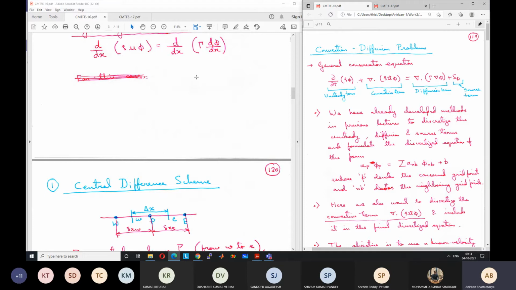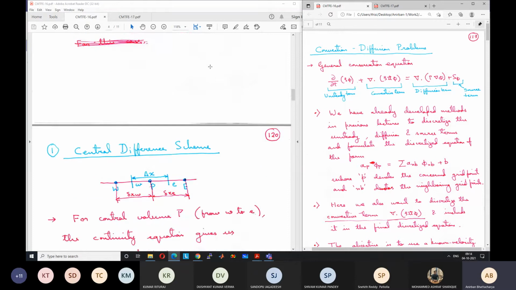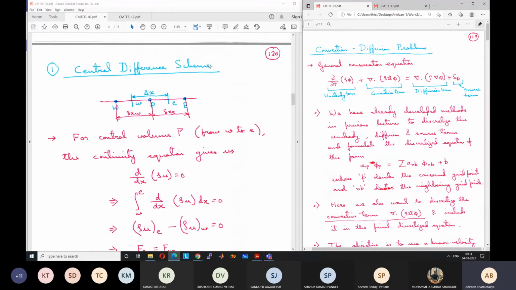So we will start with the most common sense type of discretization. Without knowing the name also, we can just try to discretize. If no knowledge is there, meaning we do not know how to discretize, we can just use common sense to discretize and derive a scheme. That scheme is known as the central difference scheme, which is the most basic type of scheme. Although it is basic, it can be very useful. Basic does not mean that it is not useful. It can be useful, but only for a specific type of problems, as we will see later.